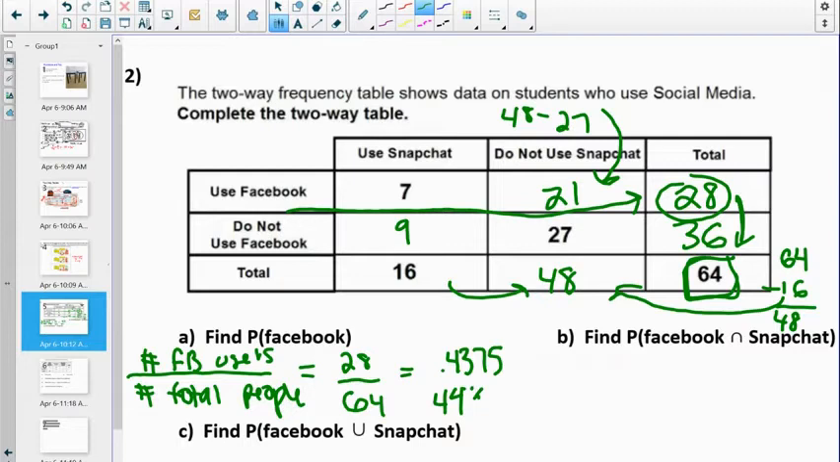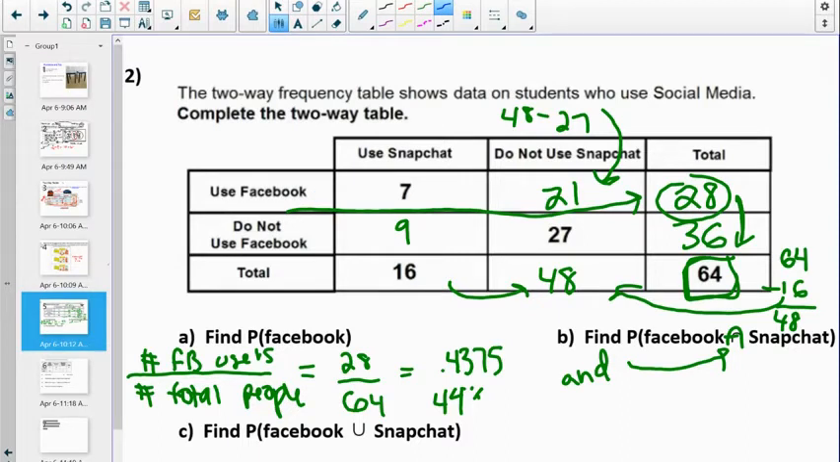Now for part B, we're doing the probability of Facebook, and then what does the sign stand for? It stands for and. Remember, if you draw an A, it means and. So that's the intersection of where they meet. So probability of Facebook and Snapchat, and to do that, I like to draw arrows connecting and